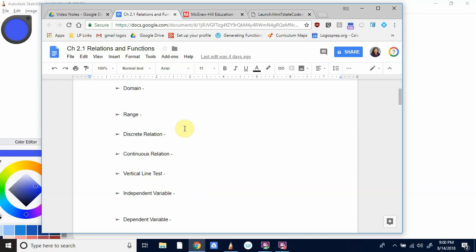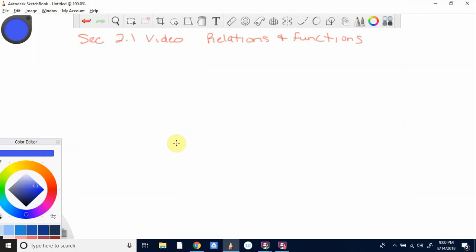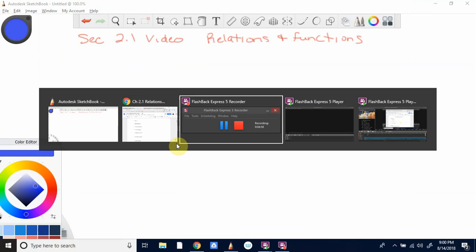So let's look at an example. We didn't have an example, so we can move on. So basically, you're stating the domain and range, and that's okay. Let's look at example 3. Before that, we're going to go to our next set of vocabulary that we're going to talk about, which is discrete relation, continuous, and vertical line. A discrete relation, and here we'll go to the book,